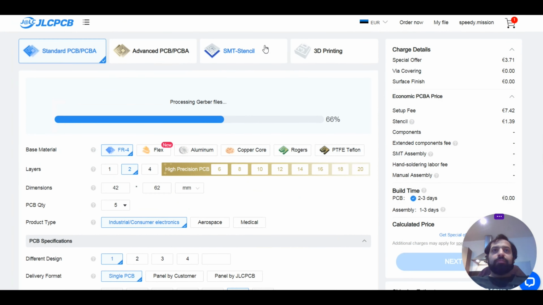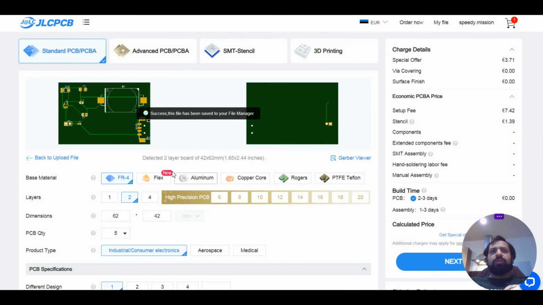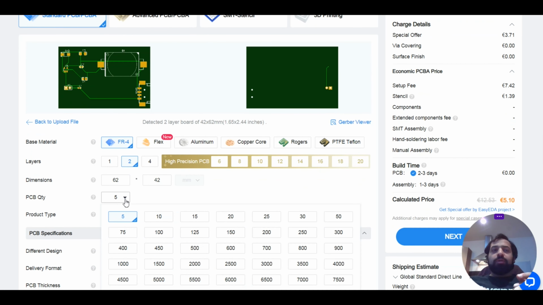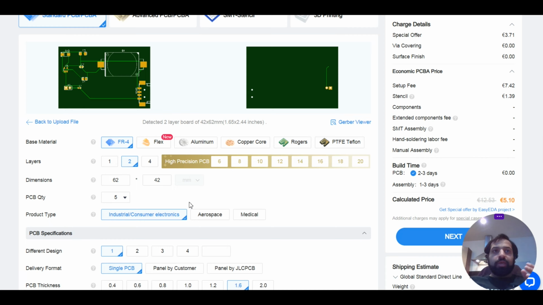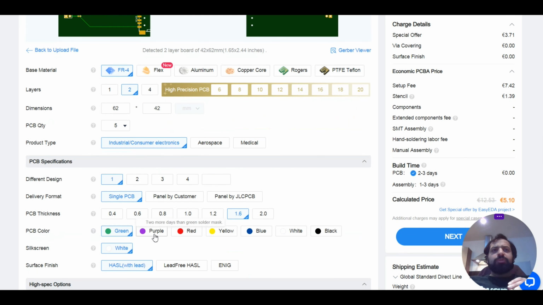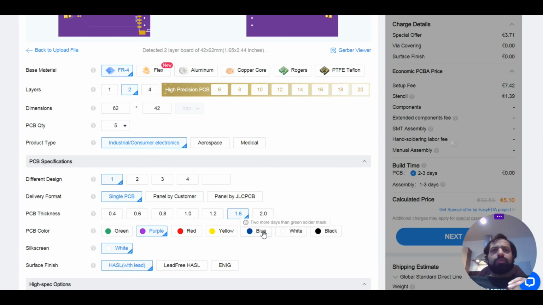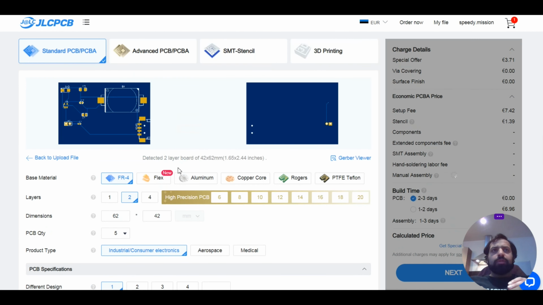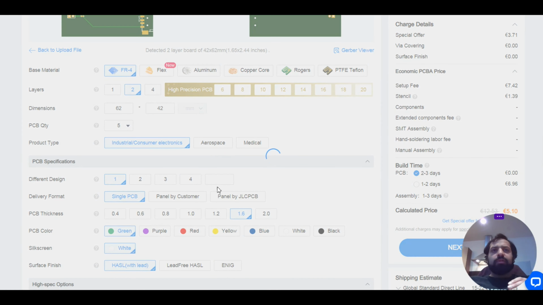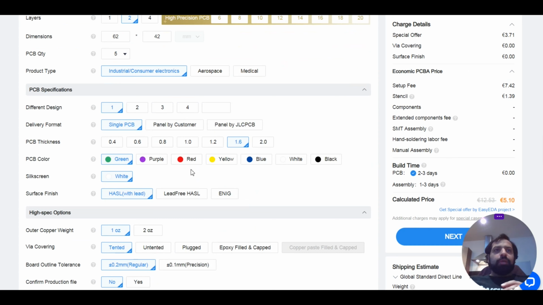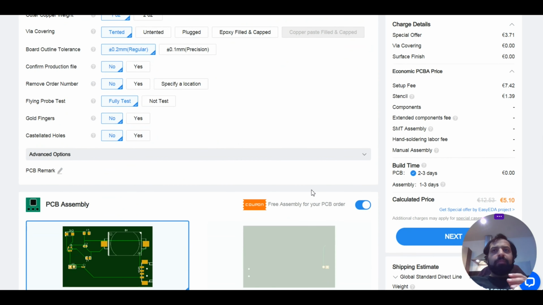And what we're going to do here is nothing, don't make any changes. They already have it, and they know the material, it is 2-layer dimensions. They can design a minimum of 5, that is okay. You can change the color if you want, so do blue if you want. Normally we use green and also blue. Keep everything else the same, and